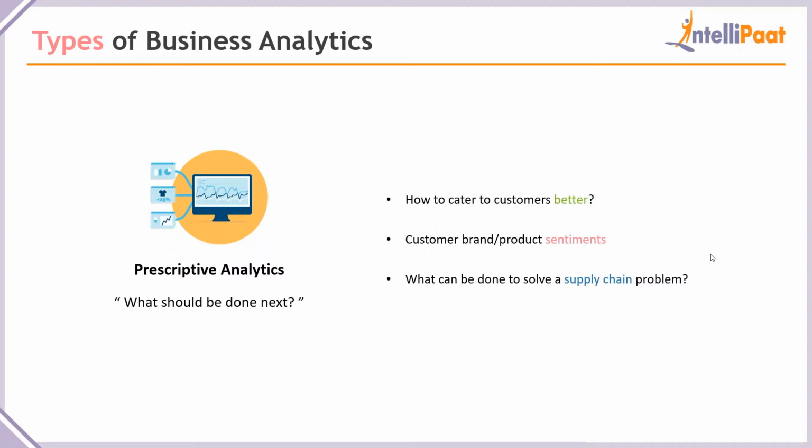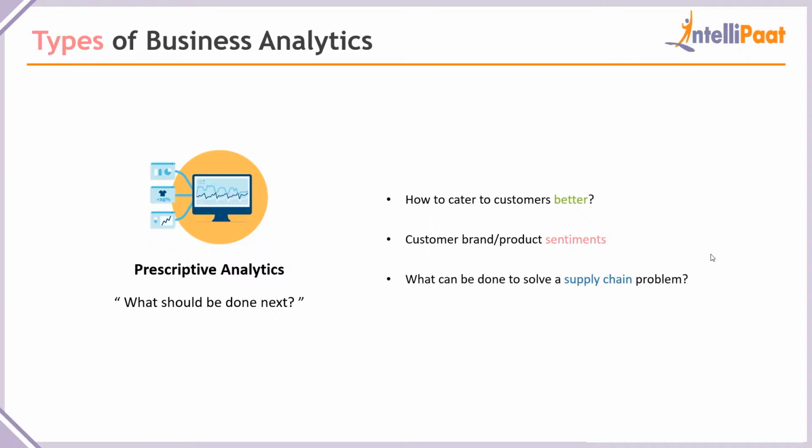So how can you cater to your customers better? How can you make them happy? What sentiments do they have about your product? A lot of people go to social media to talk about your products, if you are a good brand or a big brand. So it's very important that you check that and analyze that. Some people might be very happy with your product, while a majority say, hey, this is a flaw in your product, I don't want to buy it, I'm going to go to your competitor. You don't want that, right? You want a lot of people coming and buying your stuff. So understanding and analyzing their sentiment and asking what, when, how, why, all of these questions are going to be in these three types of business analytics itself.